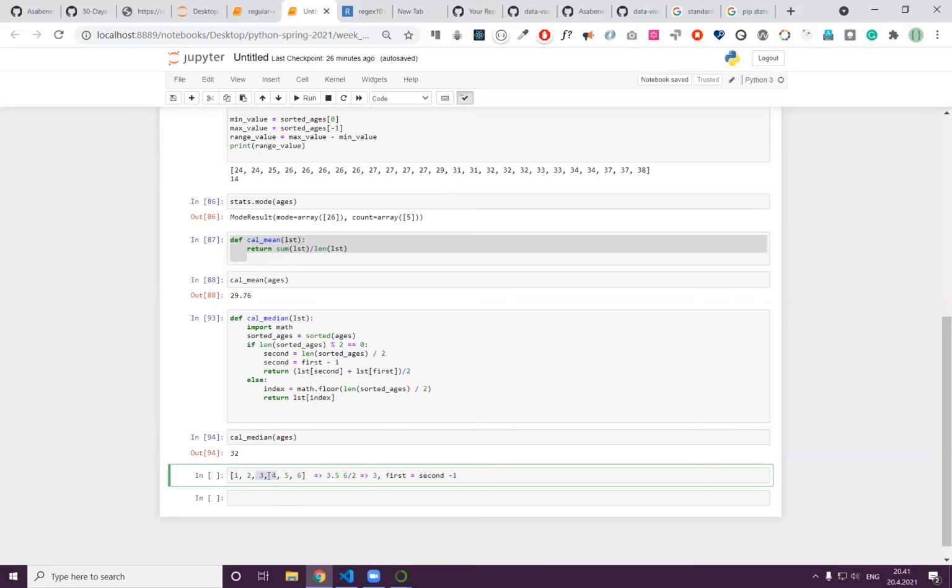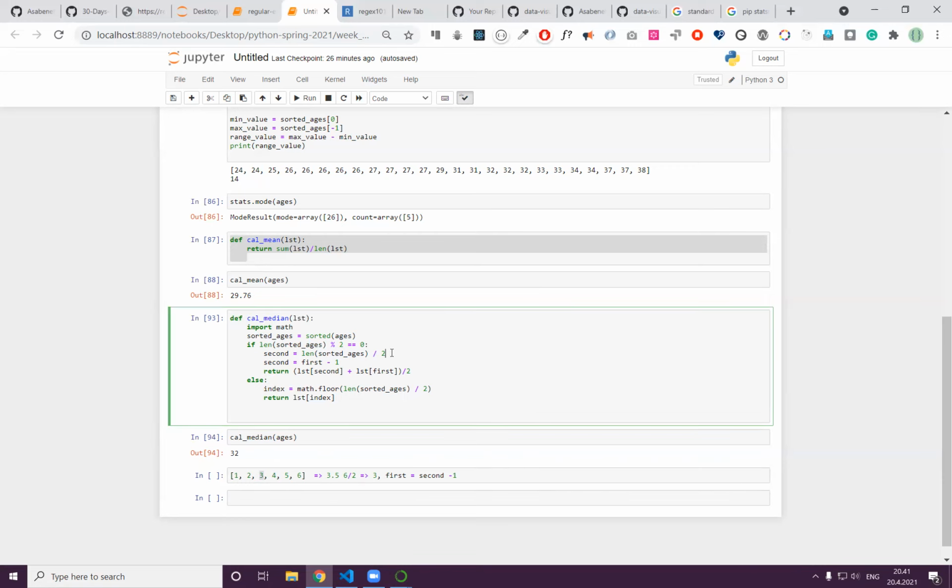So what is the index of this? This is 3. Let me see, 6 divided by 2, 3, 0, 1, 2, 3. Actually, it's okay, 3, and 3 minus 1, and that is 2, and 0, 1, 2. That's actually good. So 2, and the first value